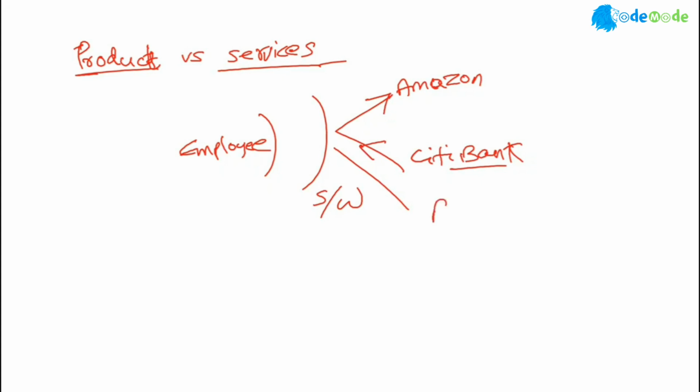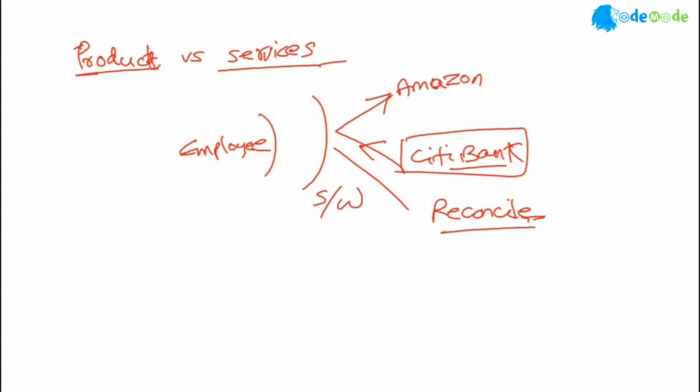What we call reconcile means checking how much money your employee has spent on the credit card. Are they using it for the right purpose, right? You want to reconcile it because there may be a possibility of fraud. Rather than using your money to buy lab equipment, your employee is buying clothes. Who knows? So you want to reconcile. Then Citibank sends you the transaction data, what we call bank statements. And you want to reconcile how many orders have been placed on Amazon and how much Citibank is charging.